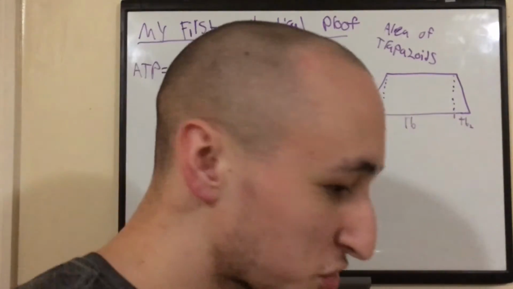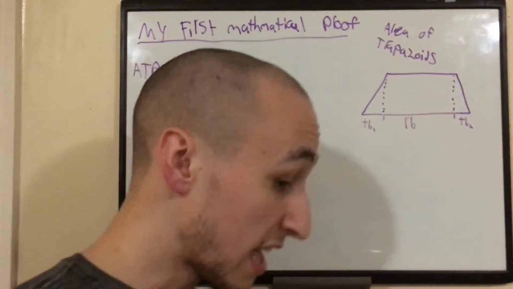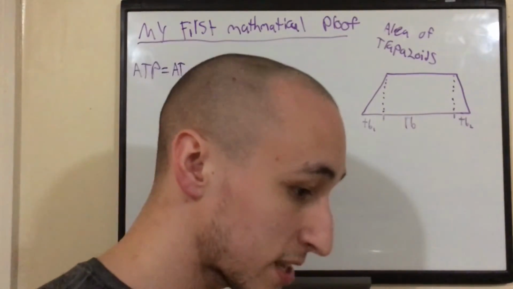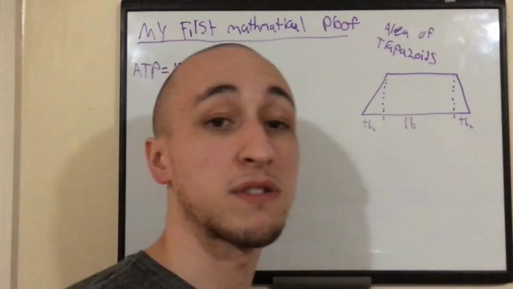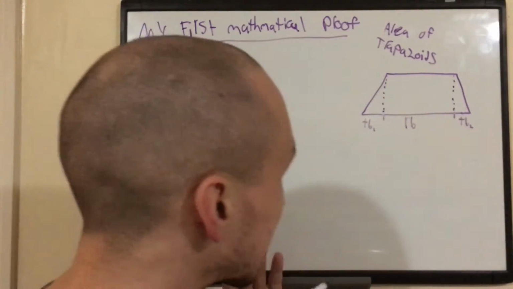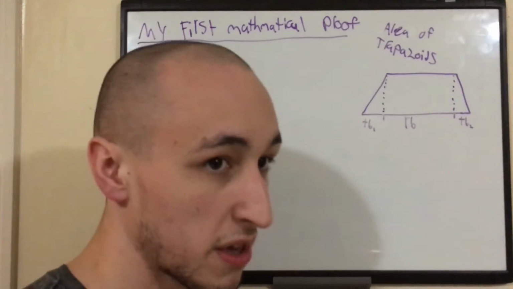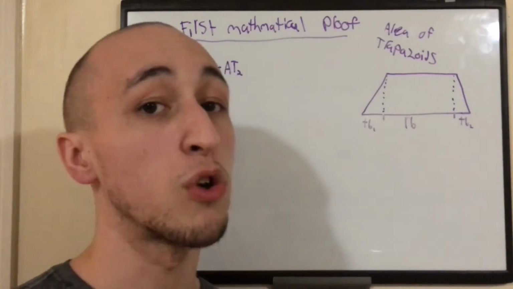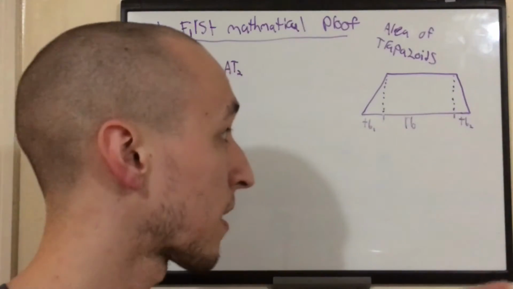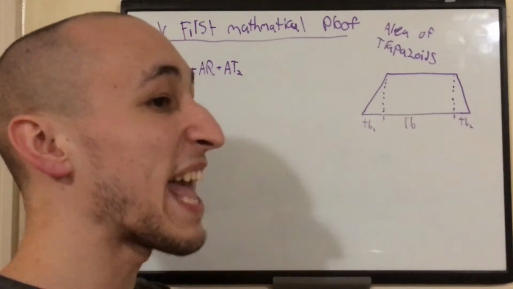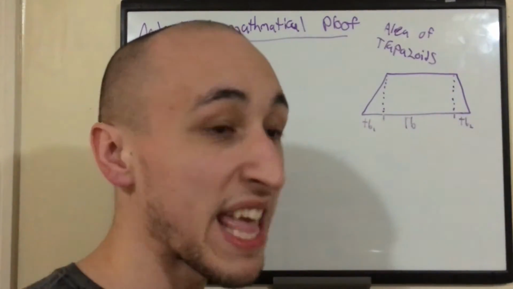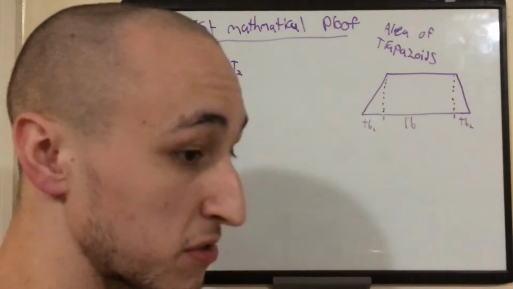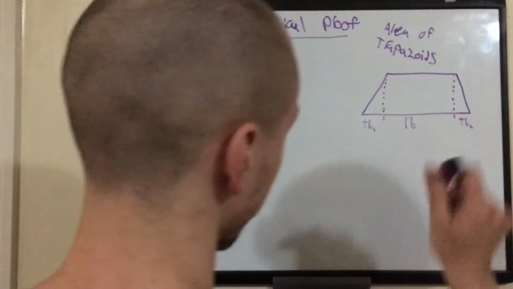Remember, I'm not just trying to solve one type of trapezoid. If your goal is to solve a specific type, maybe that's another prerequisite. You have to narrow down exactly what you're trying to do. You don't have to know all your givens in the beginning, but you do have to know your goal. That is very important, okay? My goal is to solve any type of trapezoid. Any type. And I'm going to try to do that to the best of my abilities right now.